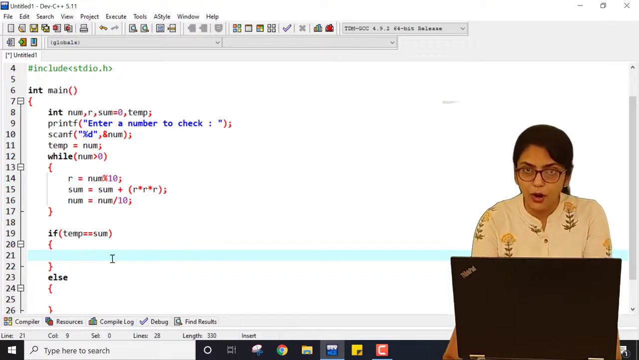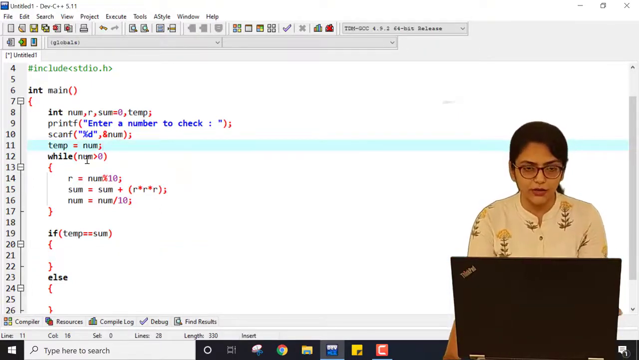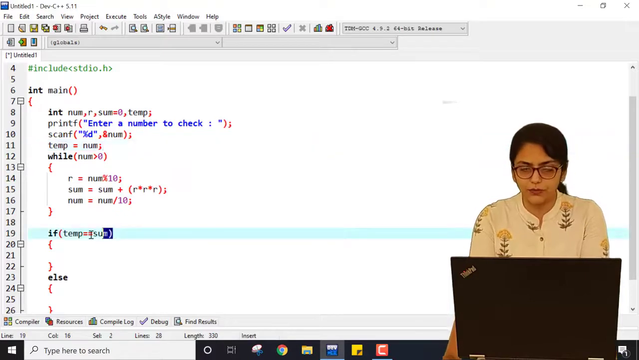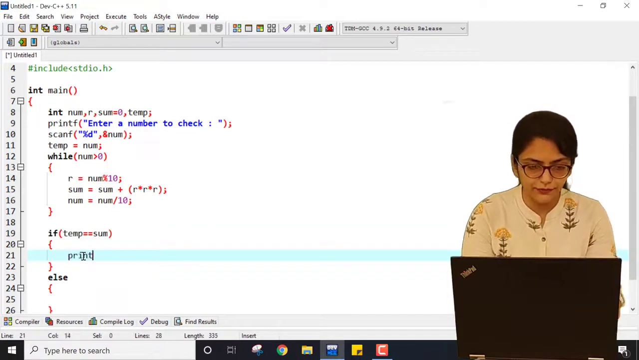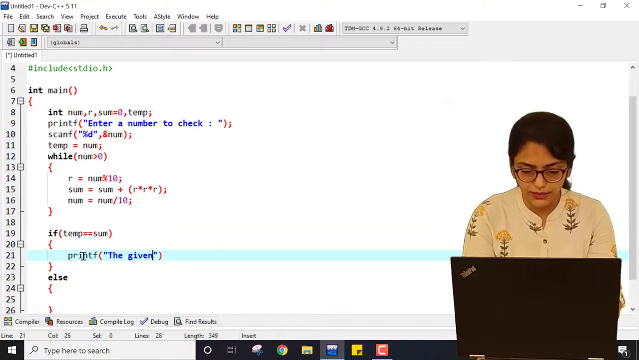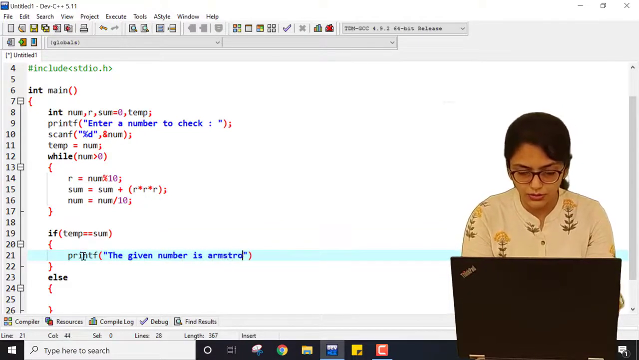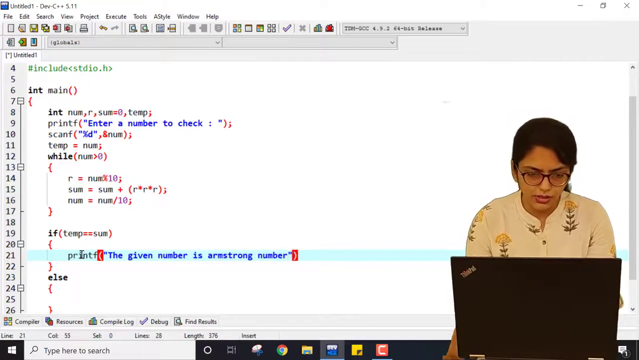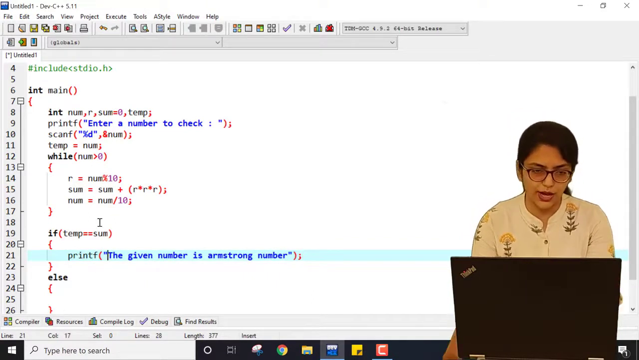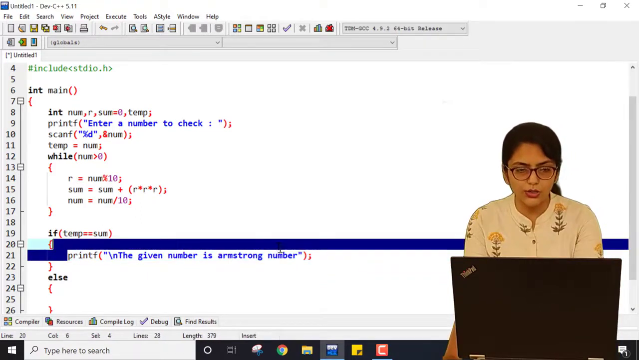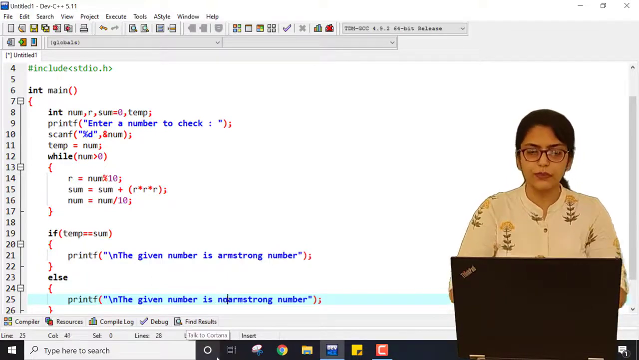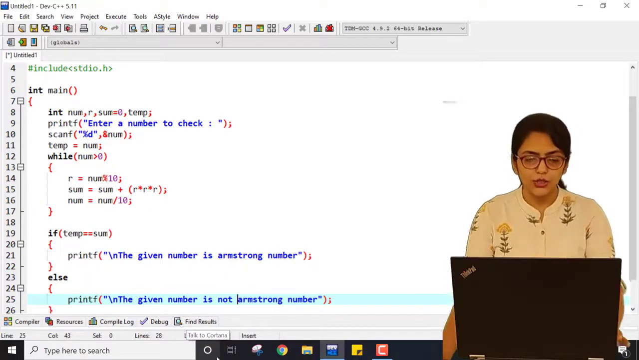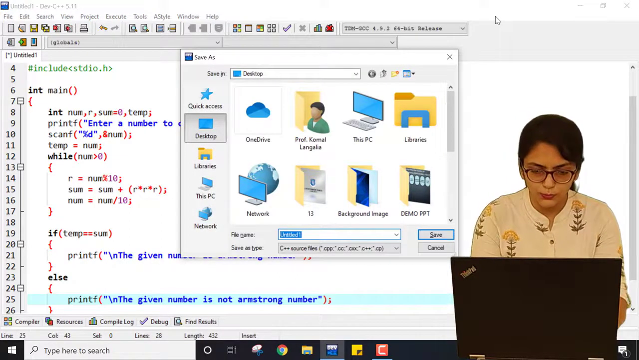See, this is the assignment operator that we have already covered, and this is comparison. So if this returns true, then printf says the given number is Armstrong number, and I will write this on a new line. And if this is not true, then the given number is not an Armstrong number, right? So if I just save this program,